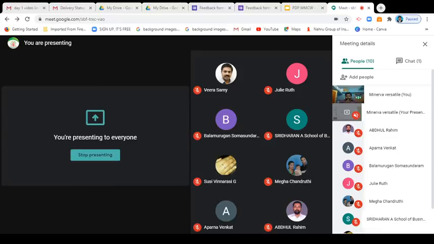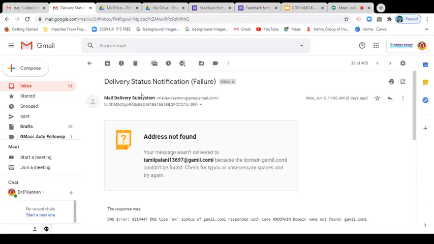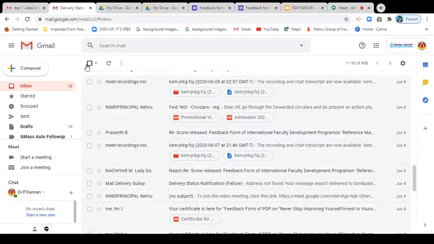Now I am going to give a small walkthrough. Most of the people are already aware of how we can create the meeting link. I think Viracham sir asked me. Yes sir, once you sign in to your Gmail ID, go to your mail, you can see this app, the 9-dot Google Apps icon.